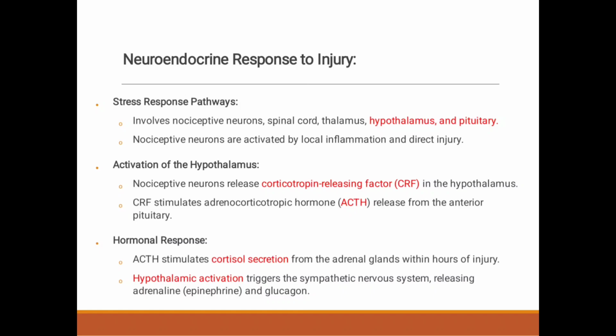The hypothalamic neurons are activated, which release CRF, which acts on the pituitary to release ACTH. ACTH acts on the adrenals, which release cortisol. The hypothalamus also activates the sympathetic nervous system. Once the sympathetic nervous system is activated, adrenaline and glucagon are released. So ultimately cortisol, adrenaline and glucagon all increase, which brings about the various changes which we are going to see in